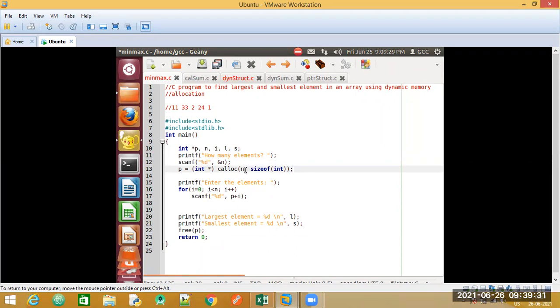So the value of N according to the numbers that I have given here is 5. So we will be allocated 5 into 2 bytes each. So totally 10 blocks of memory will be allocated to us. Next, once we have asked the user how many elements he wants to enter, our next task is to accept those elements and put them in the memory.